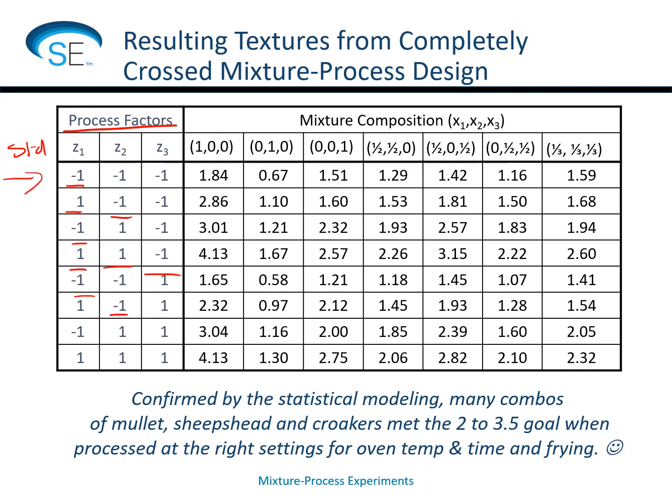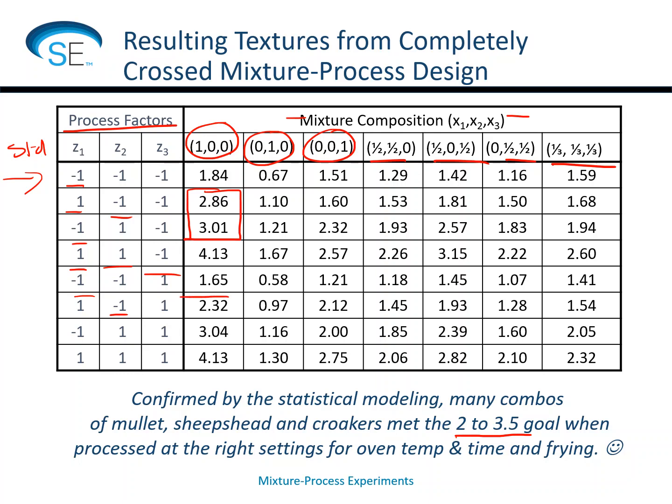Then for each setup of process factors, they ran a series of different mixture compositions going from all of the first fish, all of the second fish, all of the third fish, binary blends of fish 1, 2, binary blend fish 1 and 3, binary blend fish 2 and 3, and then a 1/3, 1/3, 1/3, which is the overall centroid. Now what is fun about this is we've got all the data tabulated, and considering they're trying to get somewhere between 2 and 3.5 for the texture, we end up seeing some very promising results where some are below the range and some are above, but we get a fair number of them in that 2 to 3.5 range,